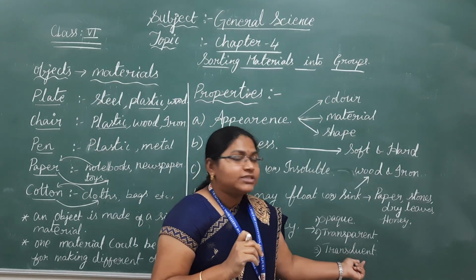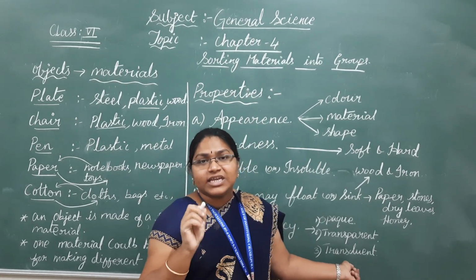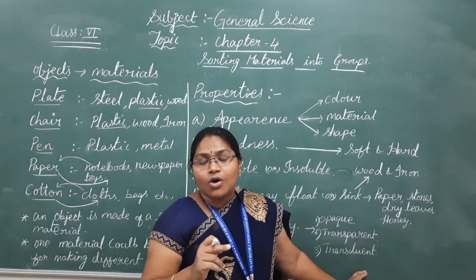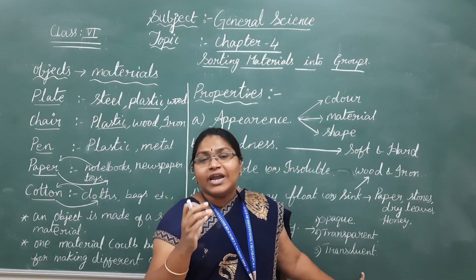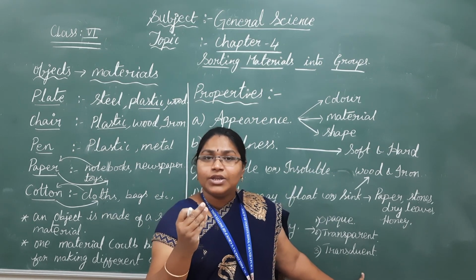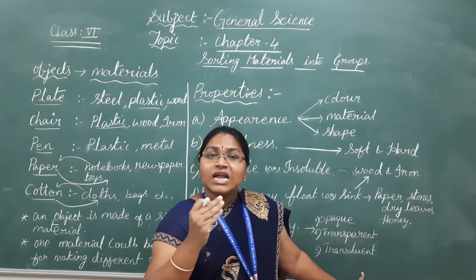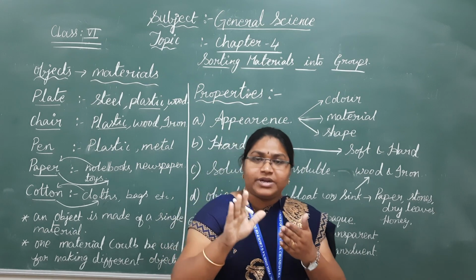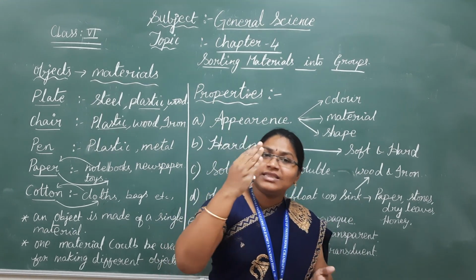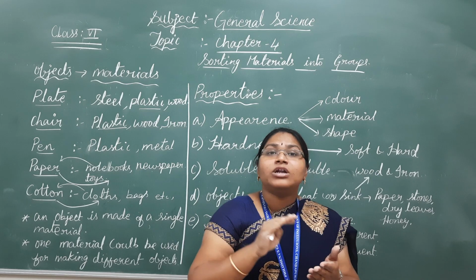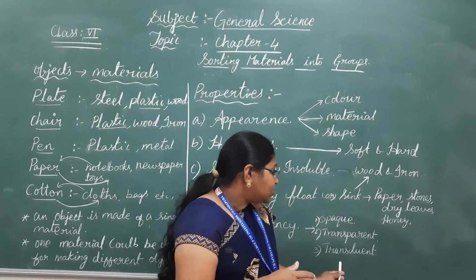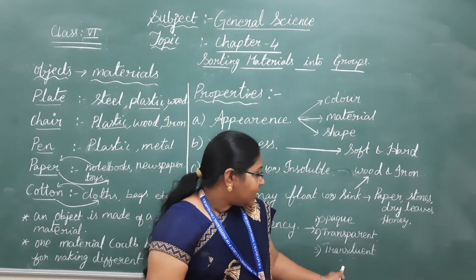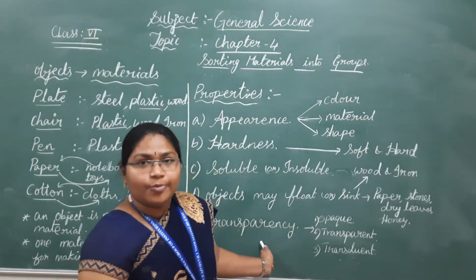Same like translucent. Translucent means, in the second chapter, identification of fats, you already know this word translucent. How will you know? When a food item contains fat content, it will give translucent stains or oily stains on paper, which is semi-transparent, partially transparent. You can see the object but not clearly. That nature we call translucent. Okay. So this is opaque, transparent and translucent under the transparency properties.